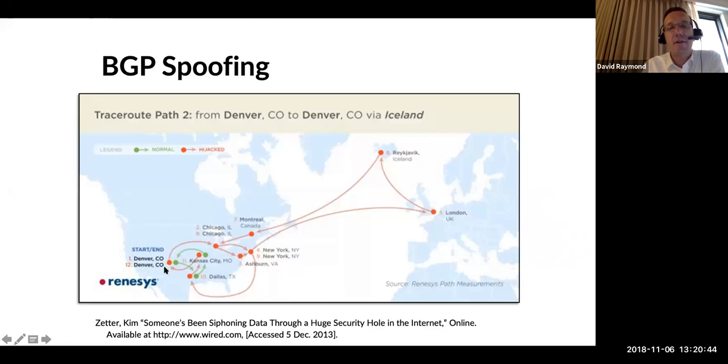And so here's an example of email traffic between two computer users in the city of Denver, Colorado. The traffic started in Denver, an email was sent, and it went to a mail server in Dallas, then that message went to another mail server in Kansas City, and then the recipient opened the mail, so the email went from Kansas City back to Denver.